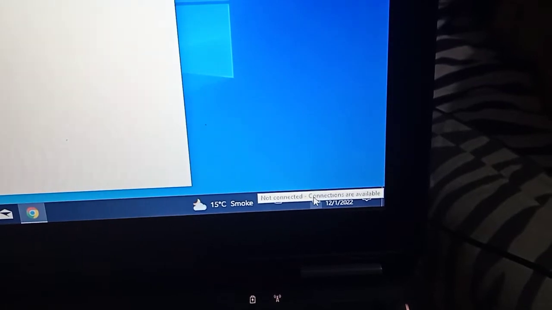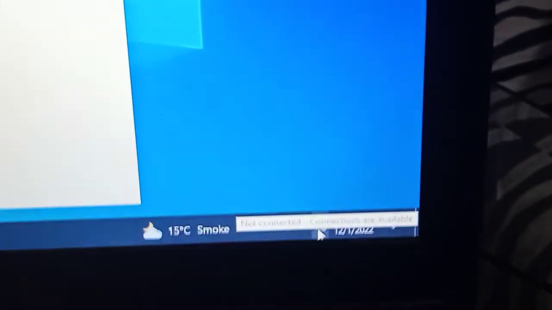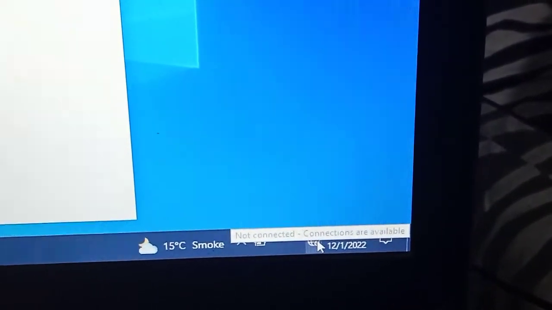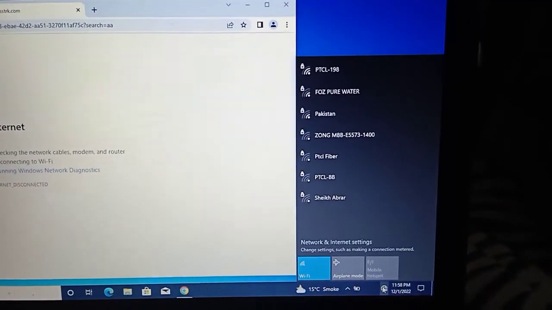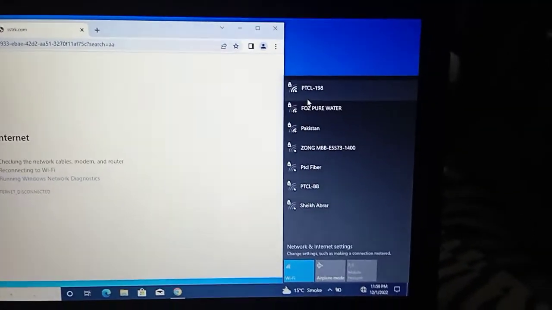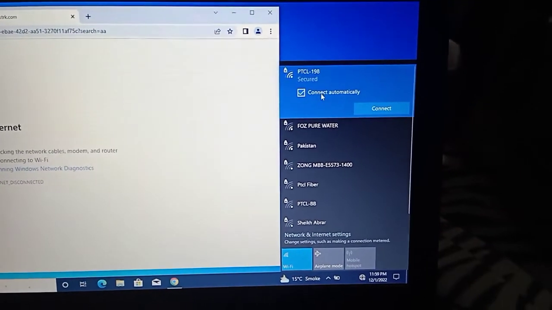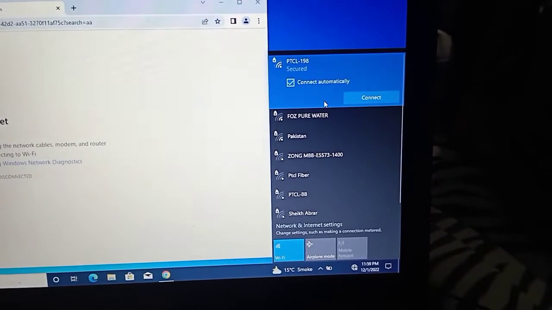Here we go. You can see not connected, connections are available. You can see the world icon, so click on it only one time, then you can see all networks. So click on yours, Wi-Fi and internet connection, so connect automatically will remain ticked and